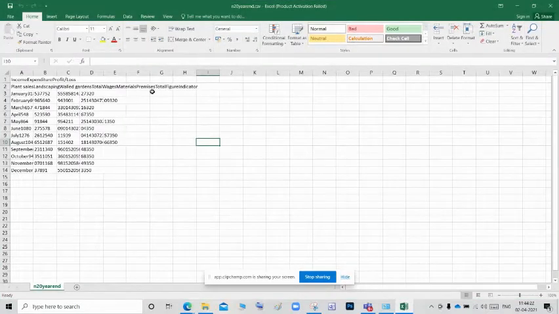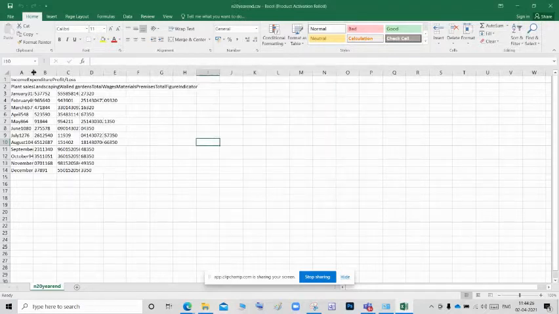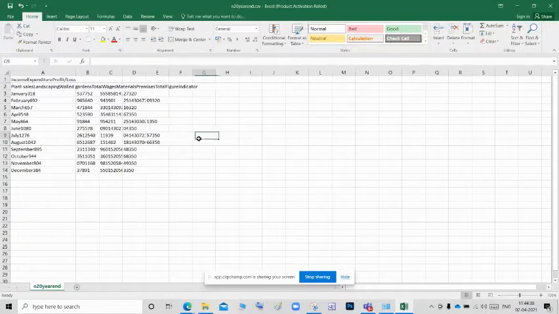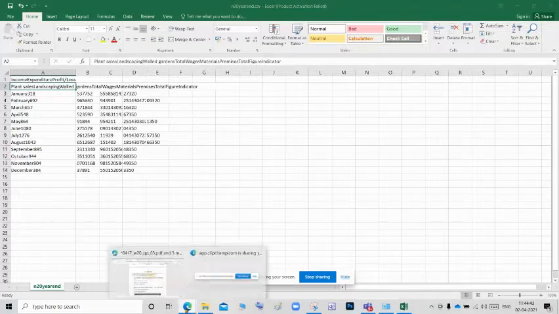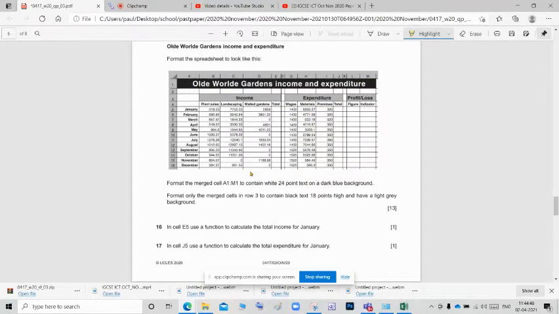We open the CSV file in the spreadsheet package, and if I expand the cells, it is not proper. There are no proper cells. Everything is merged here and there, so the conversion was not done properly. So what do we want to do now? We want to make this document like this.